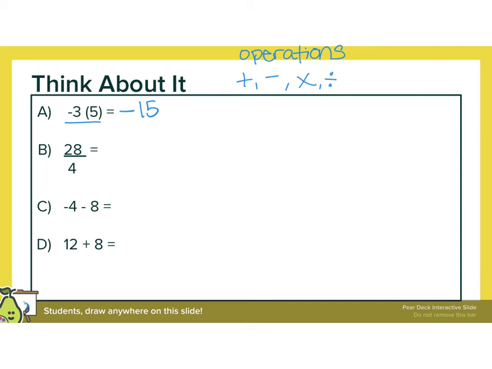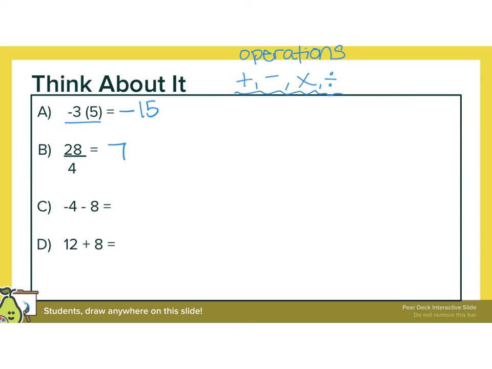For letter B, I want you to say 28 divided by 4. It's not 28 over 4. You've got to say one of these operations. So 28 divided by 4, that is a math fact. If you don't know it, then in your calculator, you type 28, the division sign, and then 4, and you